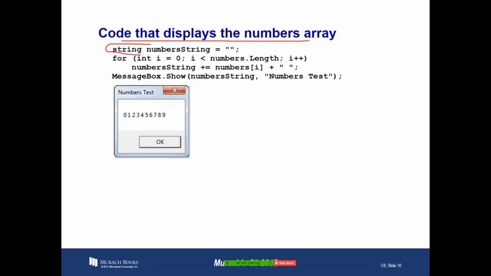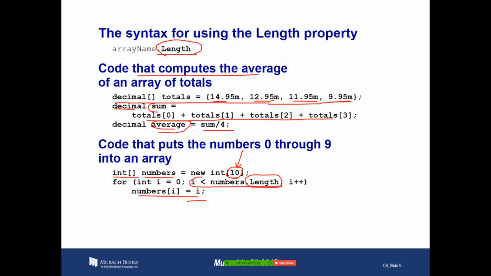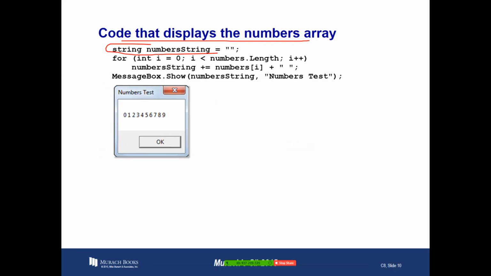We're going to initialize a string to blank, and then we're using this array back here that we just initialized, and then we're going to loop from 0 to the size of the array minus 1, less than, and each time we're going to concatenate or append the value of numbers of i followed by a space. So it's going to be 0 space, 1 space, 2 space, and in this case we